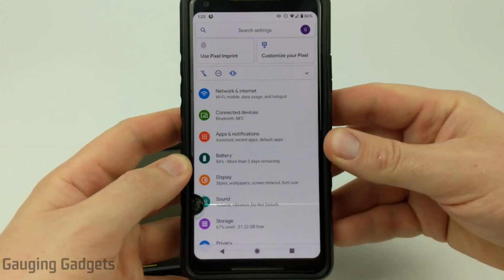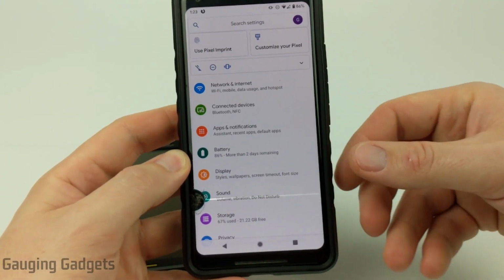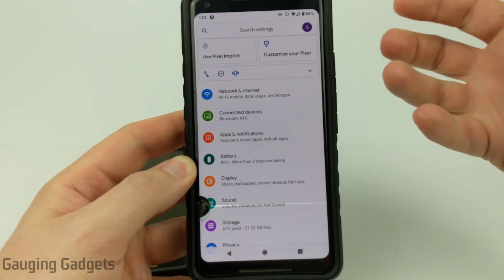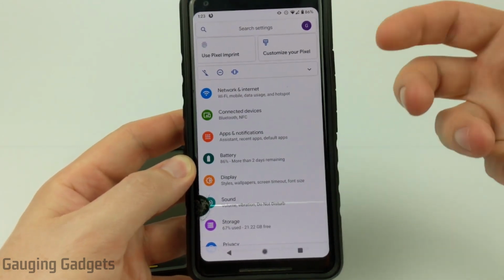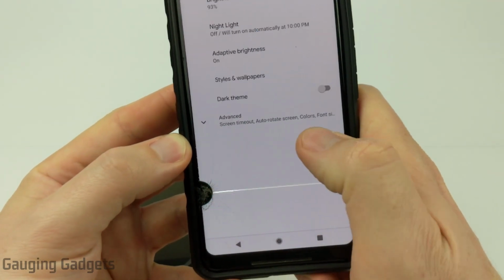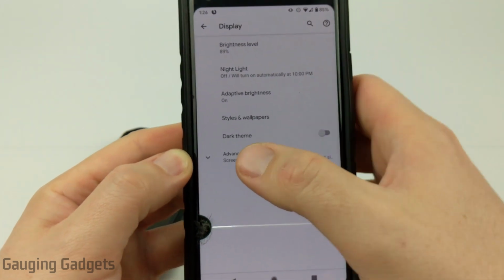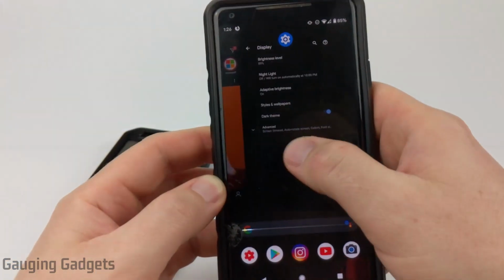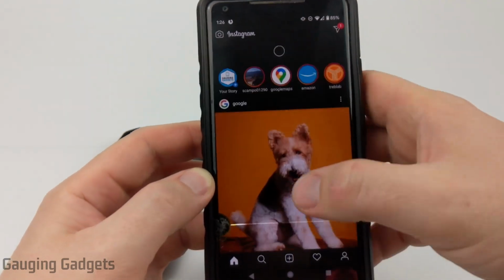So the first way to turn on Instagram dark mode is going to be to first open up the Android settings, and this will only work on newer versions of Android, so I believe Android 8 and above. And the first thing you want to do in the settings is go to display. Then under the display settings, simply find dark theme and turn that on. So now when I go back to Instagram, you can see that it is now showing a dark theme and